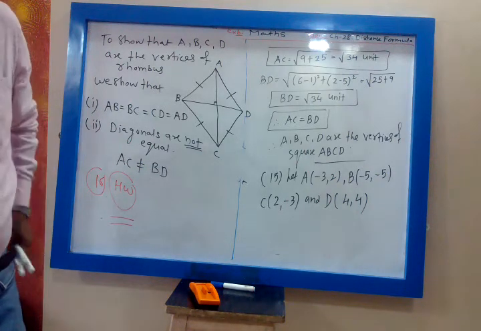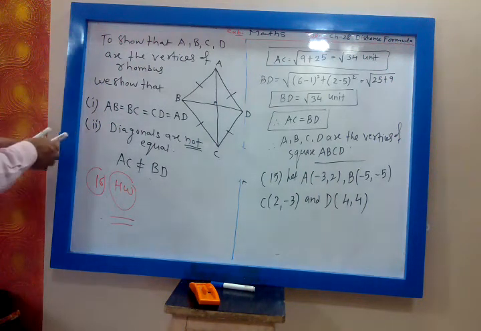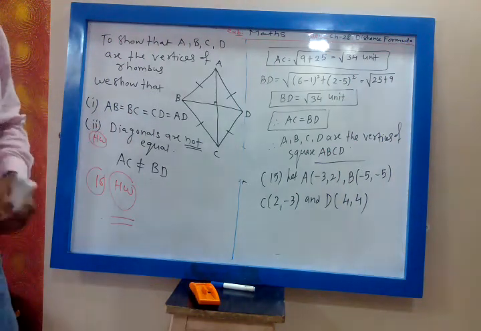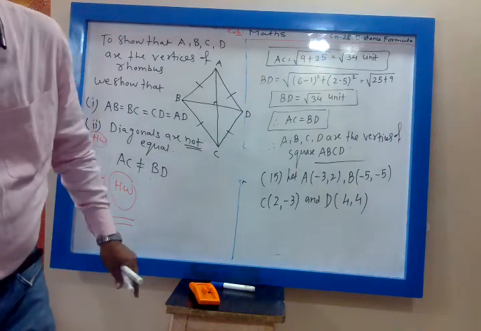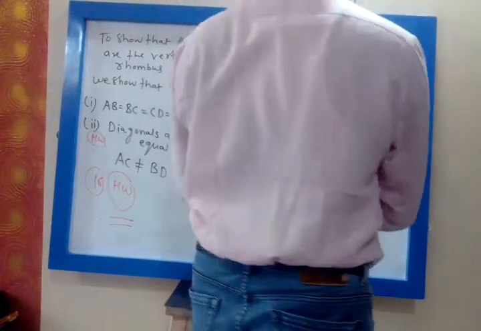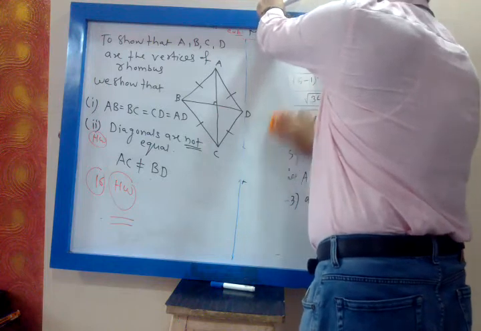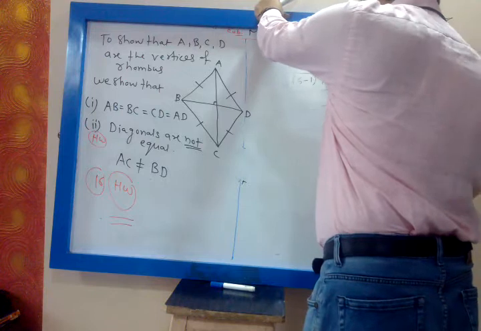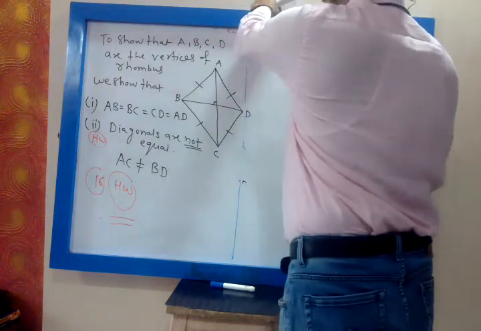16th will be homework. 15th is not homework; the remaining part of the 15th, the calculation part, is homework. 16th is homework. AB is equal to CD. Now 17th I will do, because it is a concept of the circumcenter of a triangle.